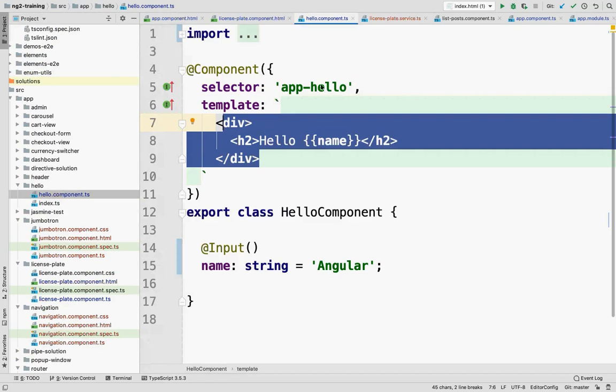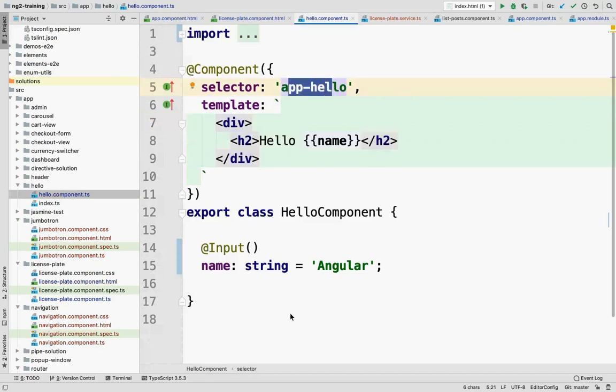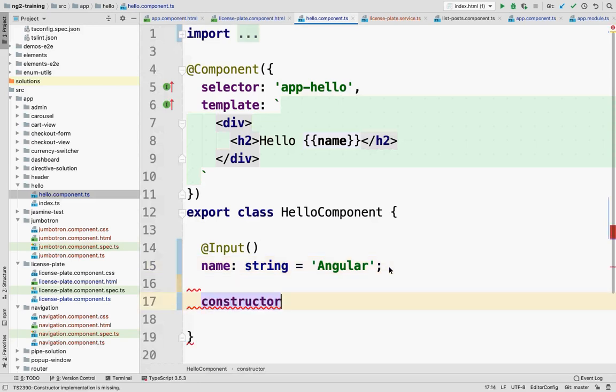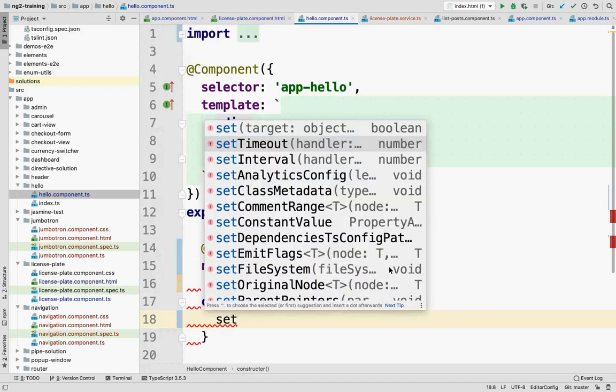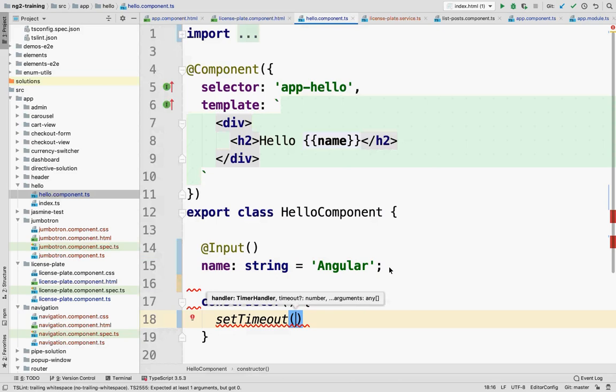So in the end, Angular is very basic. When you create a component, you give it a name, you give it a template, and then you have some data that's going to be used in that template to be rendered. Easy enough, right? And you don't have to register any event listener or anything. If the value of name here changes later on, then Angular is going to take care of refreshing that component automatically, which I can show you right now. So let's add a constructor, for instance. And in that constructor, I'm going to use setTimeout. Does anyone know what setTimeout does in JavaScript?